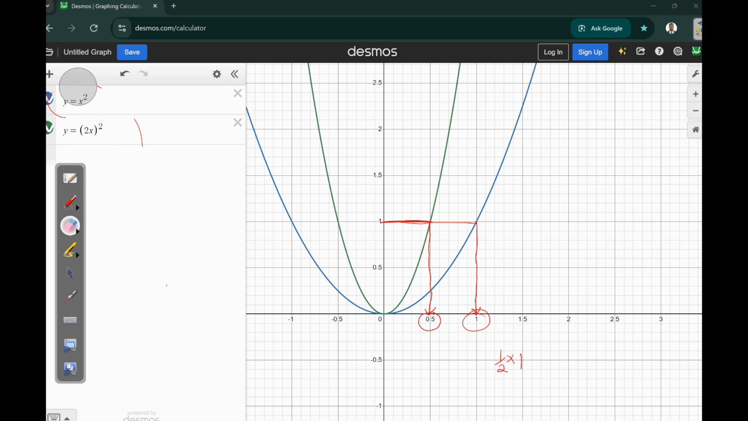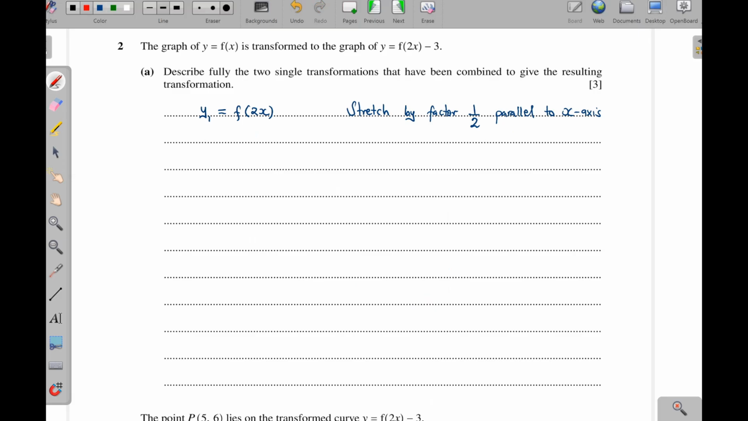So that means when we have something multiplied with the x, then the factor is going to be 1 over that multiple you put on the x, as simple as that. So that's why we are having a half there. And then this other one here, if I have the 2x and then a minus 3,